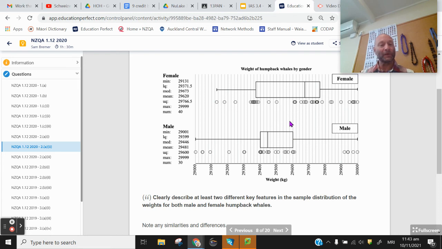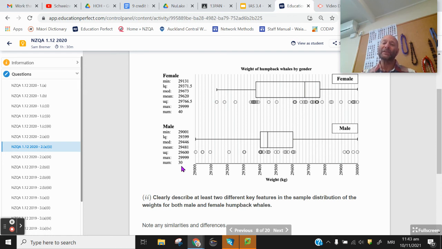And unusual values, if there are none, say so. There are no unusual values that are much farther away than the rest. You might want to say those three are. That's up to you. They really don't seem ridiculously far away. Maybe those four. You might want to say we have some unusual values, some male weights that are much bigger